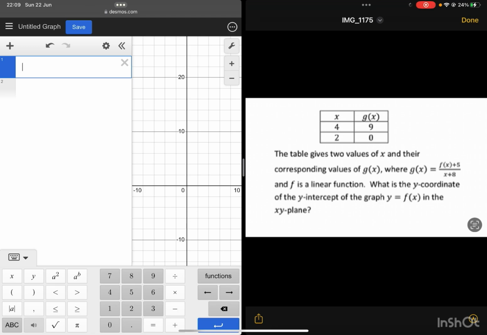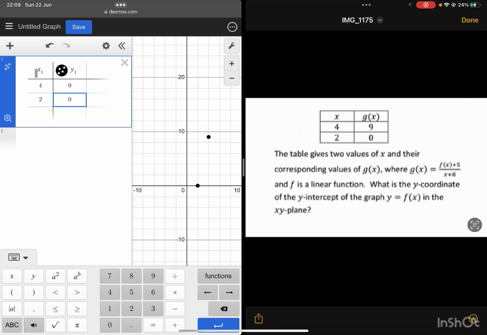Okay, let's move on with another table question. So we have the table of two x values and their corresponding value of g(x), where g(x) is f(x) plus 5 over x plus 8, and f is a linear function. What is the y-coordinate of the y-intercept of y equals f(x) in the xy-plane? Okay, this is a very easy question. We just literally put the whole thing in the Desmos